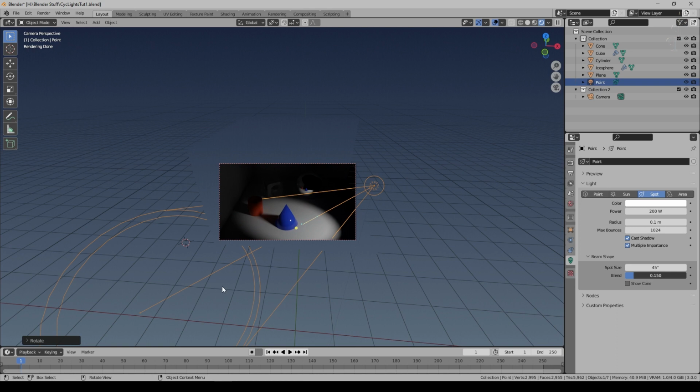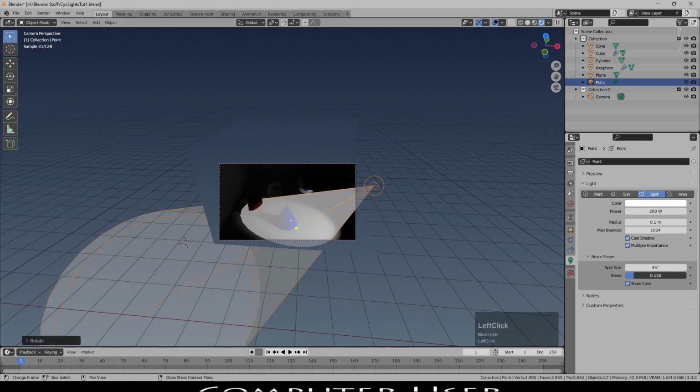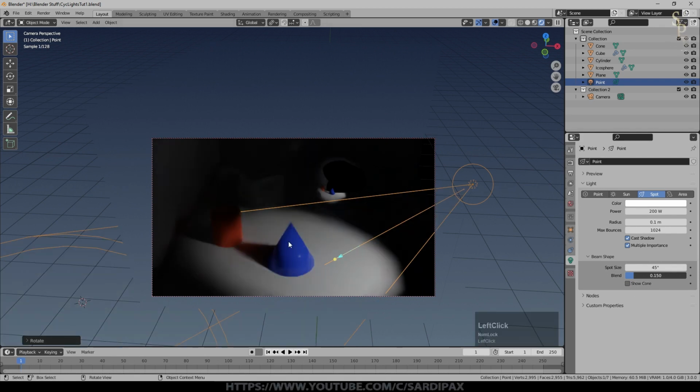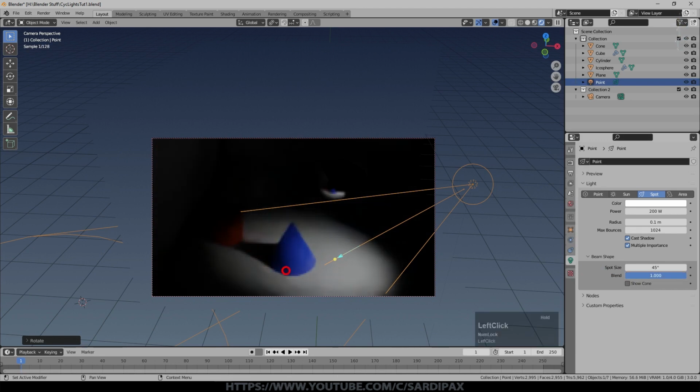I can show the cone better than just an outline like that if I click here, and then it literally sort of draws a cone that I can see what it's intersecting. Very useful here because it gives me a very clear indication of where the edge of the cone is, which is not always clear because I may want to have a fuzzy edge to the cone, and that's what this blend element does. If I turn that down to 0, it's not a completely hard line, and if I put that up to maximum of 1, you can see it's much fuzzier. So that's what the blend does for us.